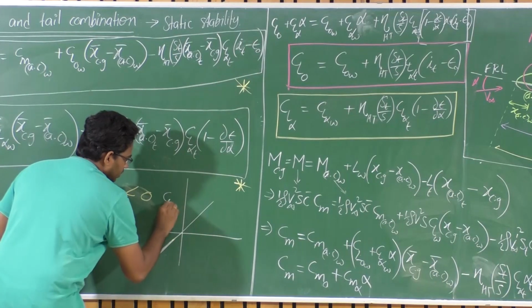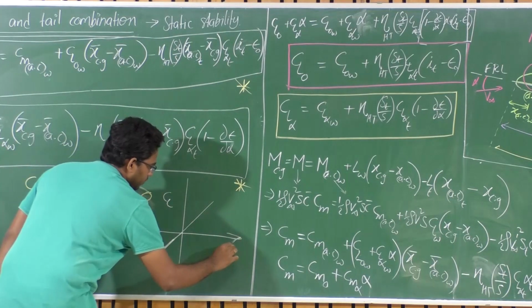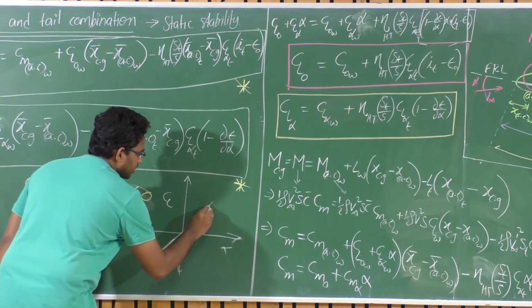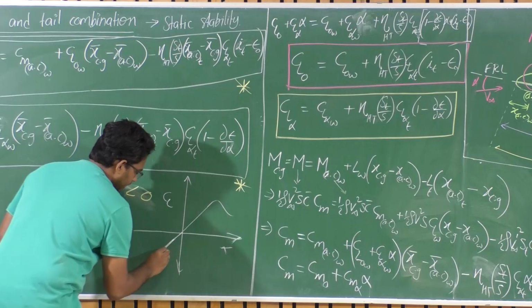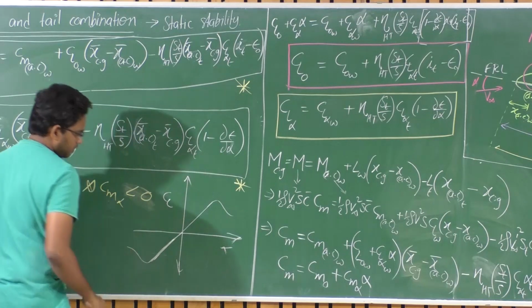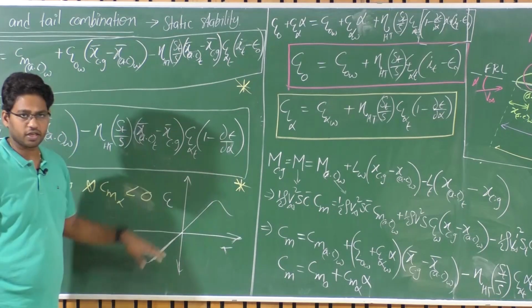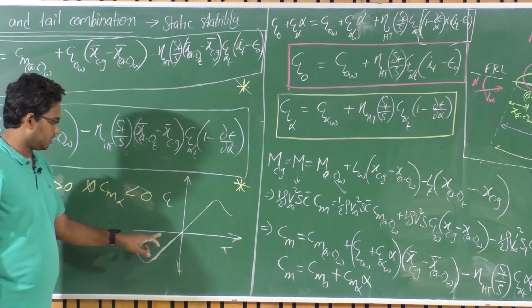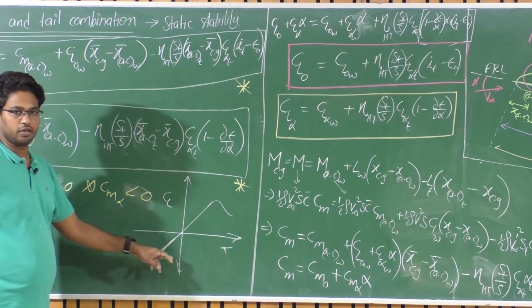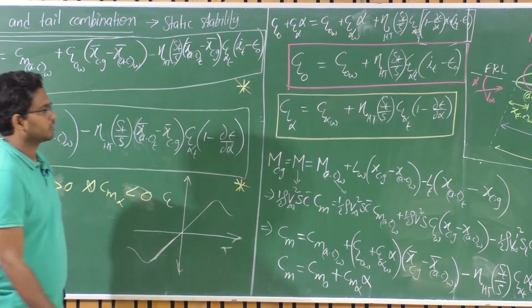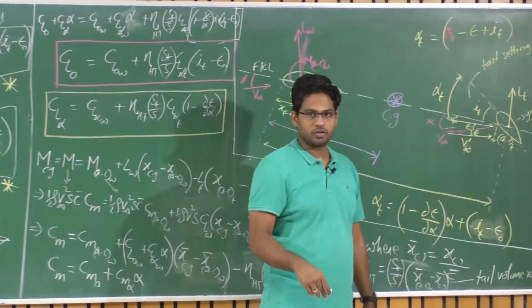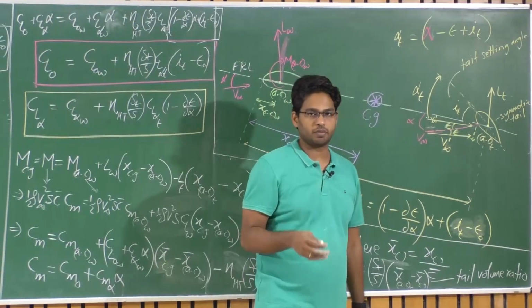Say this is the CL variation with angle of attack, right? For a symmetric aerofoil, even the stall characteristics should also be the same. This is the CL versus alpha, it's just a mirror image here. So if you trim it at negative angles of attack, it will produce negative lift, negative CL, that is in the downward direction. Okay. So now when you put it at a negative i_t, it produces a downward force. At the same time, it also increases drag because of that.